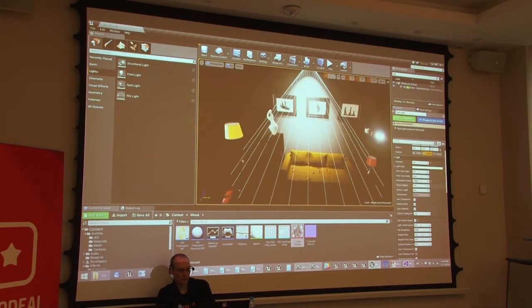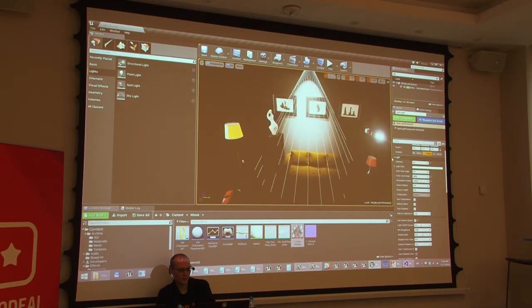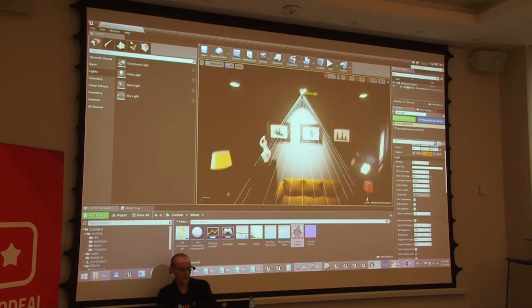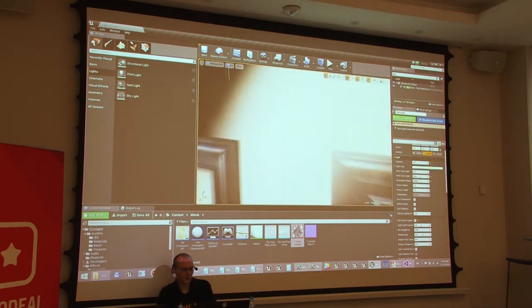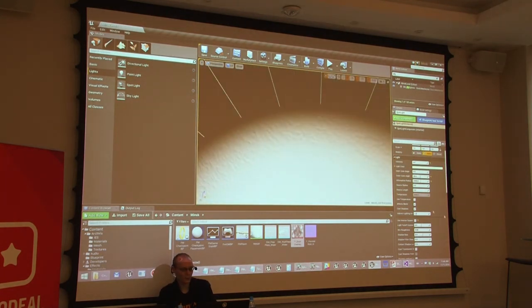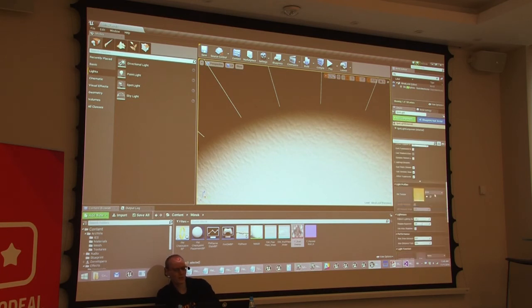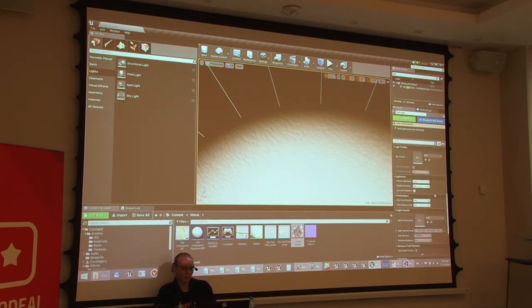You can see it lights up that. Maybe it's a little bit less white or so. And that's okay, I think. But it's kind of boring. If you look here, it's very, very simple. So we have a feature built in called IES textures. And if I take that